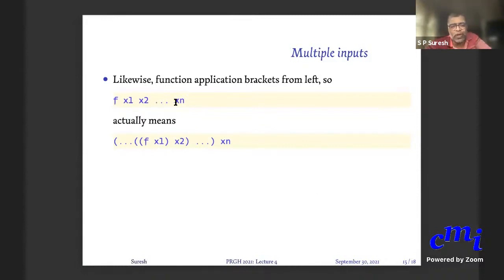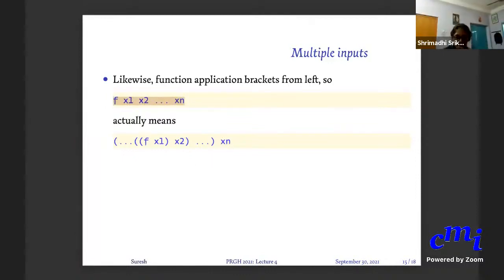So if I write f x1 x2 x3, you should first think of it as f x1, this part alone. Then, oh, that is a function still, so I can apply that to x2. Oh, this is still a function, I can apply that to x3. Oh, that is still a function, I'll apply it to x4. So on and so forth until ultimately you say, oh, that is still a function, I'll apply it to xn. That's why you get the result. Is it clear? This also tells you that if I have defined a function with n arguments, I don't necessarily need to supply all the arguments. I can supply the arguments much later also. I can partially apply. Yes. Now who had a question?